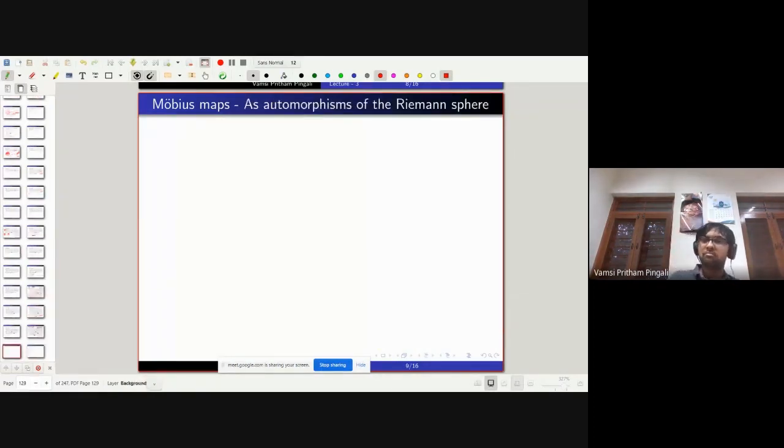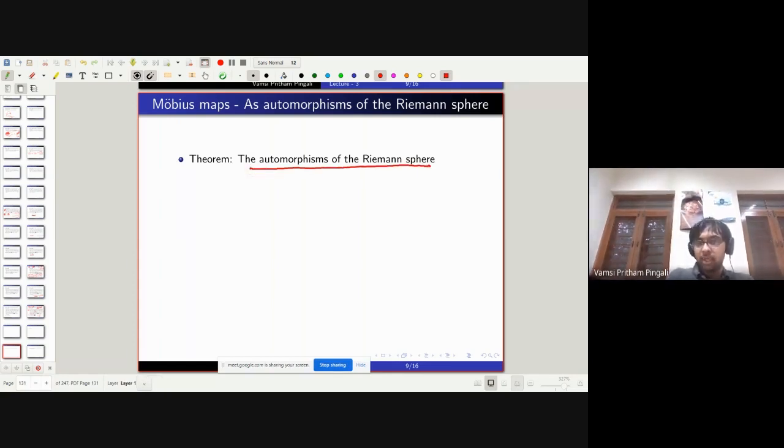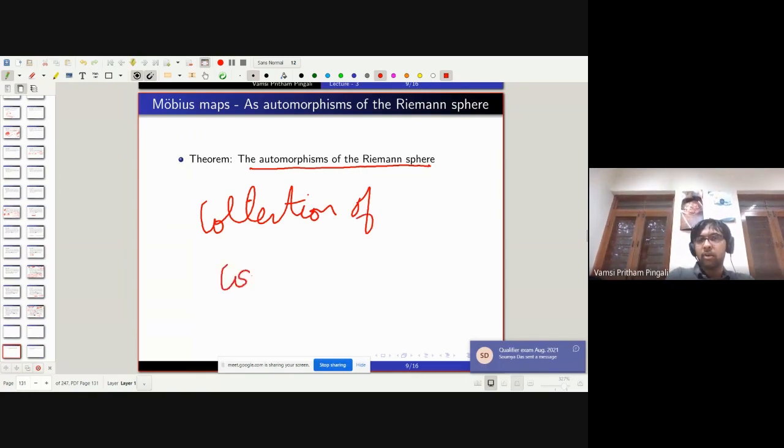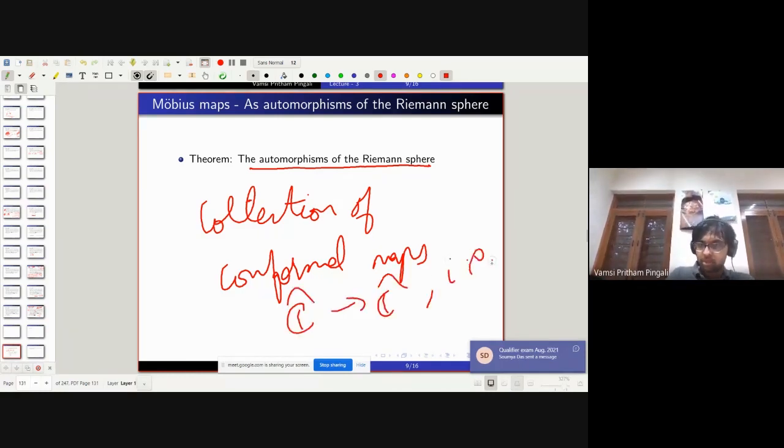Maybe you're sick of Mobius maps, but we'll do more of them. So, as automorphisms of the Riemann sphere, what the hell does that mean? So, theorem, and this is genuinely a theorem because it requires some work to prove. The automorphisms of the Riemann sphere, what do these fancy words mean? Meaning the collection of conformal maps